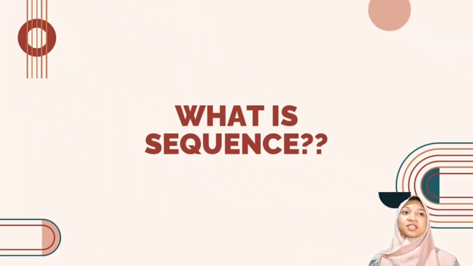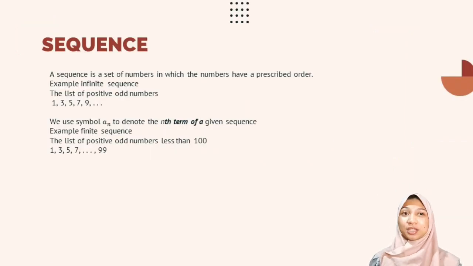Okay, for the first explanation is sequence. What is sequence? A sequence is a set of numbers in which the numbers have a prescribed order. Example of a finite sequence: the list of positive odd numbers 1, 3, 5, 7, and 9. We use the symbol a sub n to denote the nth term of a given sequence. Example of a finite sequence: the list of positive odd numbers less than 100: 1, 3, 5, 7,